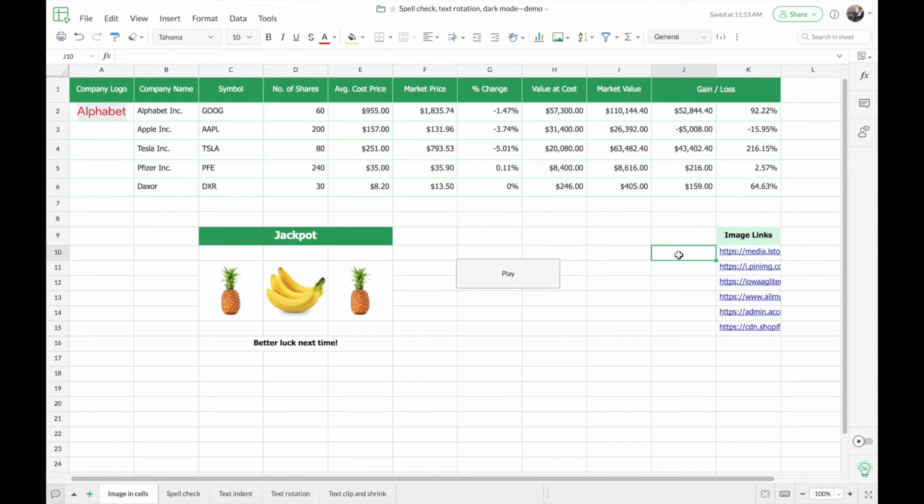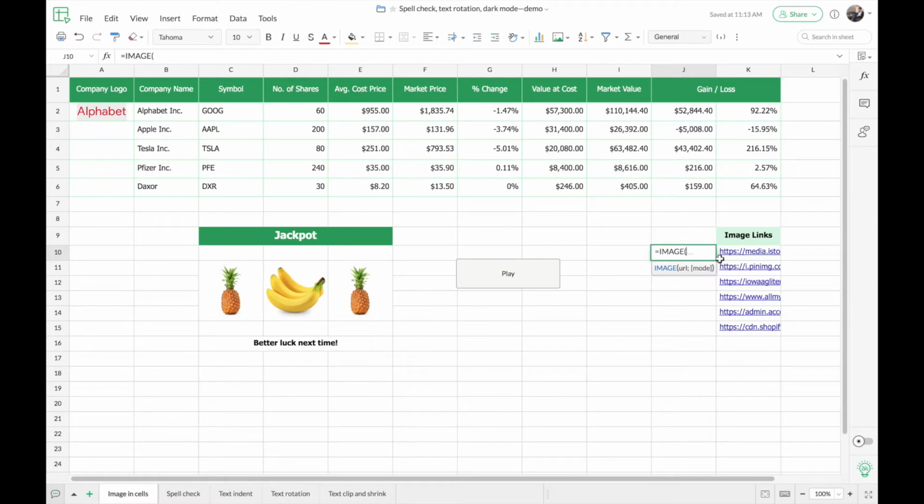So in order to use the image function, just like any other predefined function, start with an equal sign and start typing the function's name. Once you have typed in the function's name, you can see the syntax being shown below. The first parameter is the URL, that is the source link for the image. And the second parameter is the mode. Mode is nothing but the option using which you can customize the scaling of the image. The second parameter, that is mode, is optional, and by default the fit scale that we saw previously will be taken up.